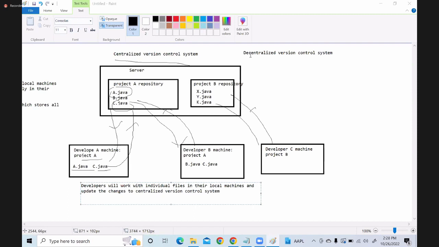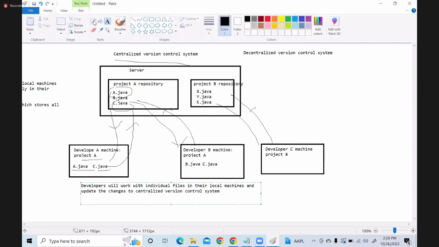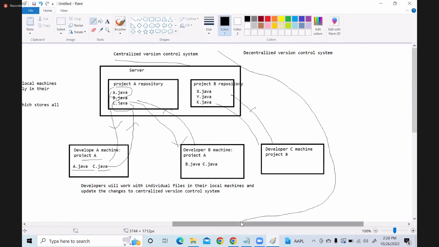Yes, multiple developers can also work on the same file. We'll see that. But first, don't go to advanced questions, because we are just entering this topic, so just follow along. Two developers can work on the same file; that is practical.